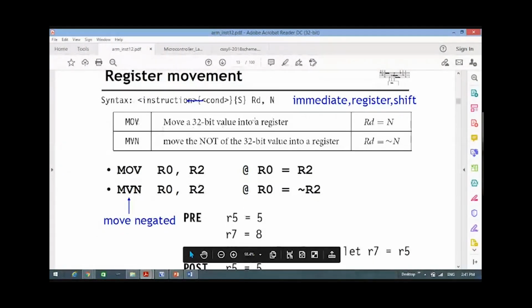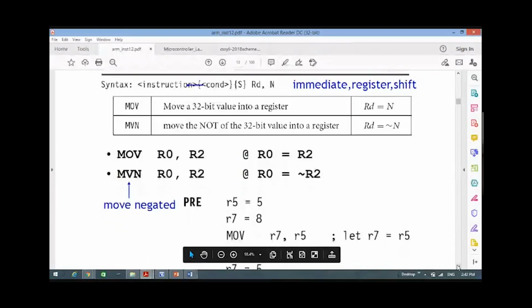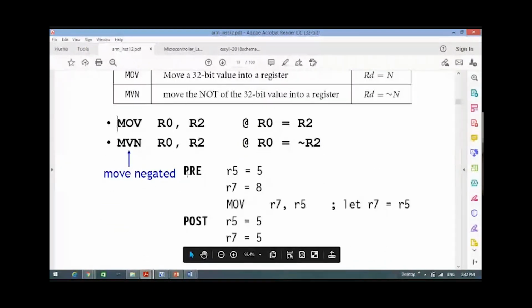Move a 32-bit value into a register. N is the value that you are copying into the destination, and R is nothing but the destination. Here also N is the value that you are copying, so this could be a register or an immediate value. Let us understand what actually gets copied. Initially, before executing this move instruction, let us consider R0 and R2. R0 here is 5, R2 here is 8. Suppose I say move